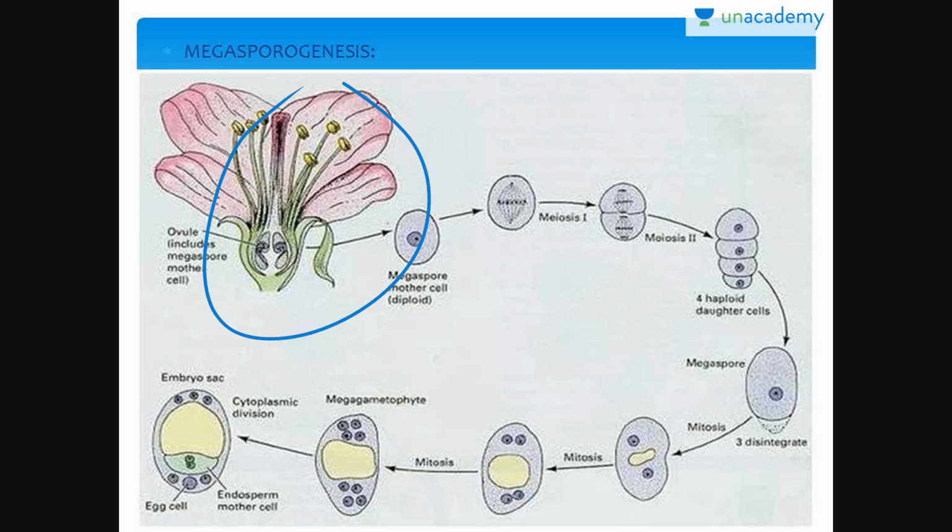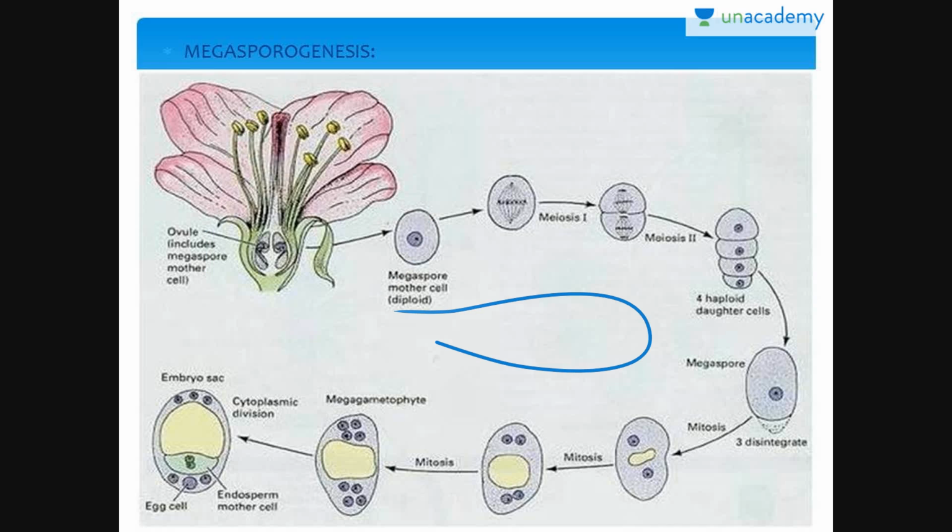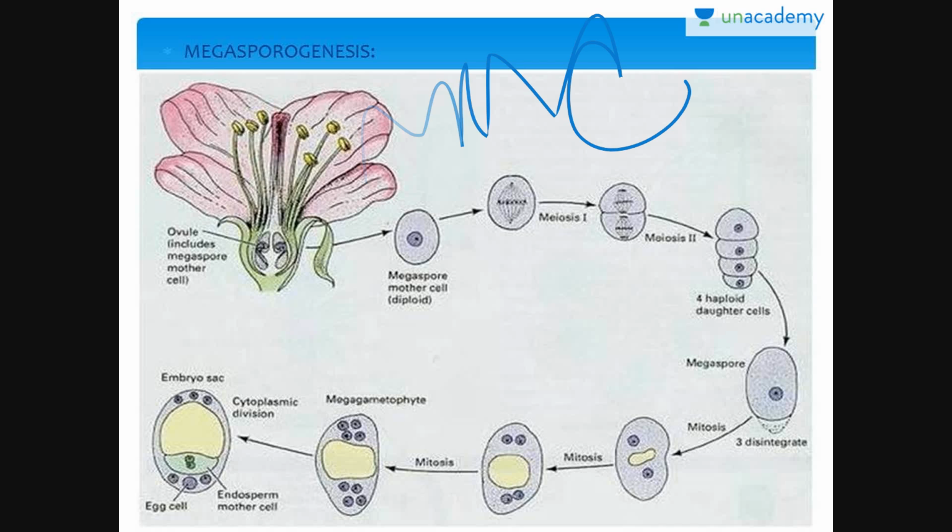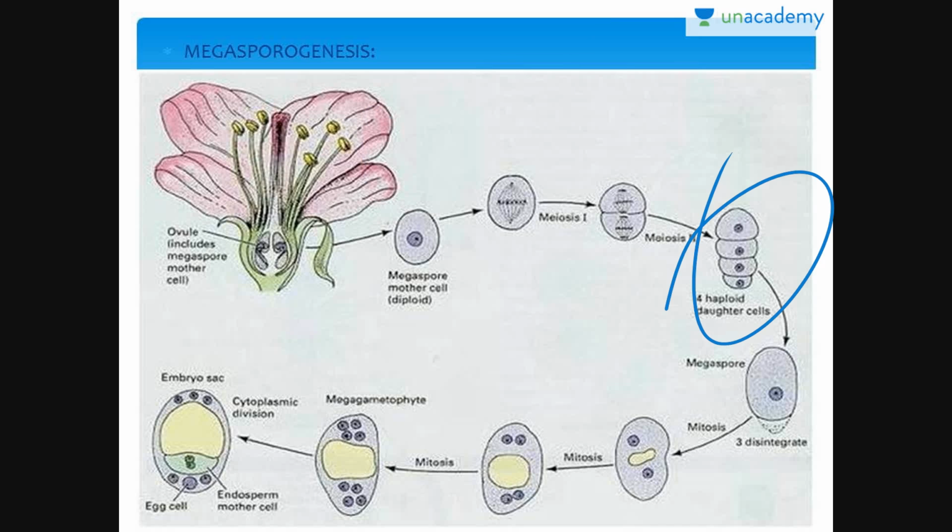Then the cells of the nucellus have abundant reserve food materials. One cell of the nucellus towards the micropylar end differentiates into the megaspore mother cell, also called MMC. The MMC undergoes meiotic division, resulting in 4 haploid megaspores. If you have a look here,